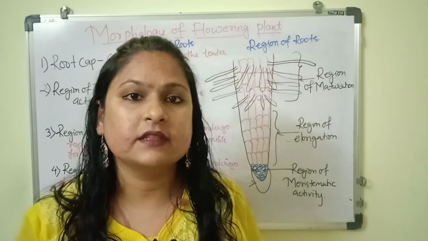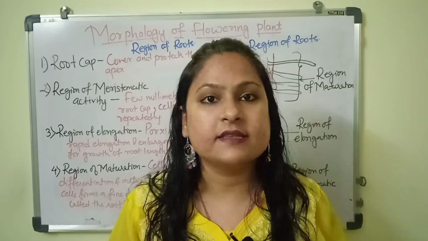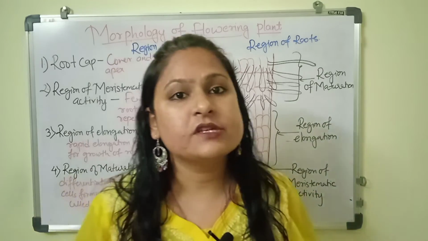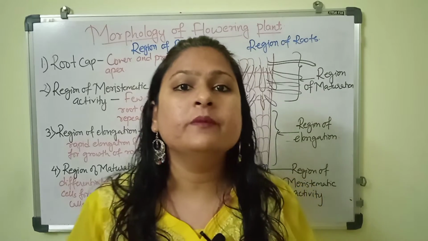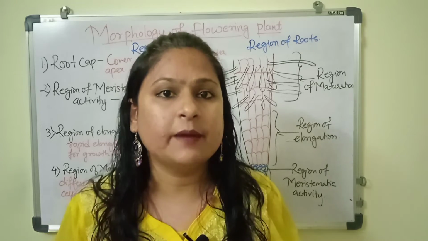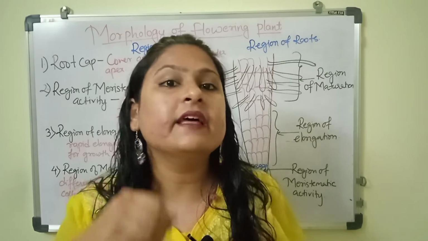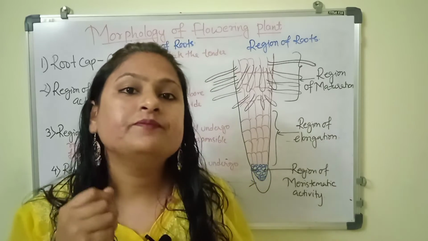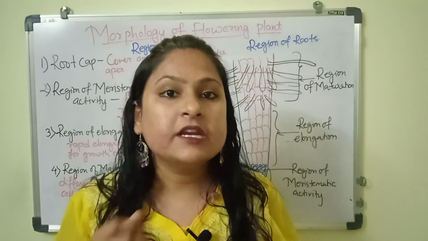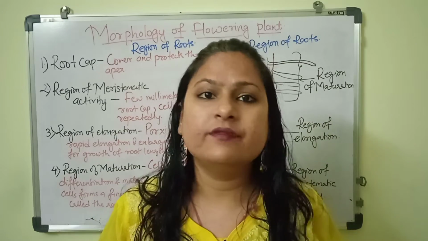In fibrous roots there is no primary root. Several different roots arise from the base of the stem. Then there are adventitious roots. Adventitious roots are the roots which arise from a part other than the radicle, from a different part of the plant such as the stem or leaves, such as the prop root of the banyan tree and the stilt root of the sugarcane. So, we have learned the different types of roots till now.